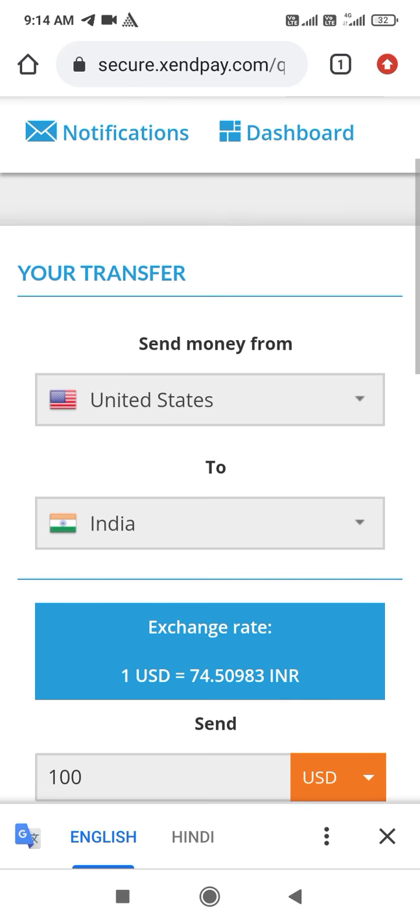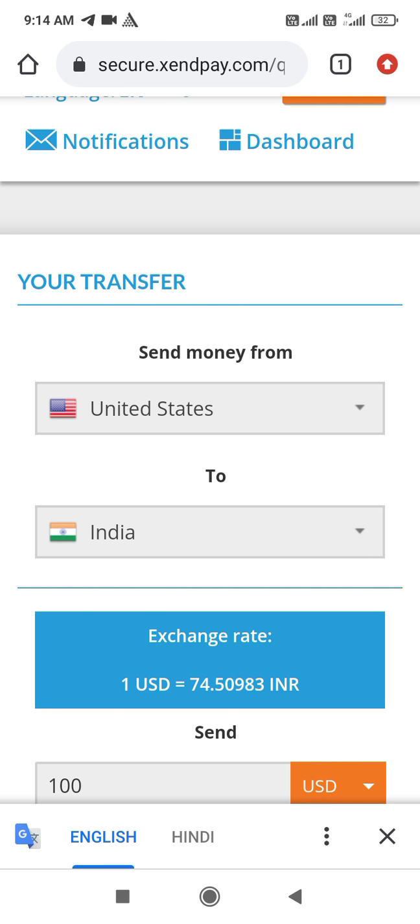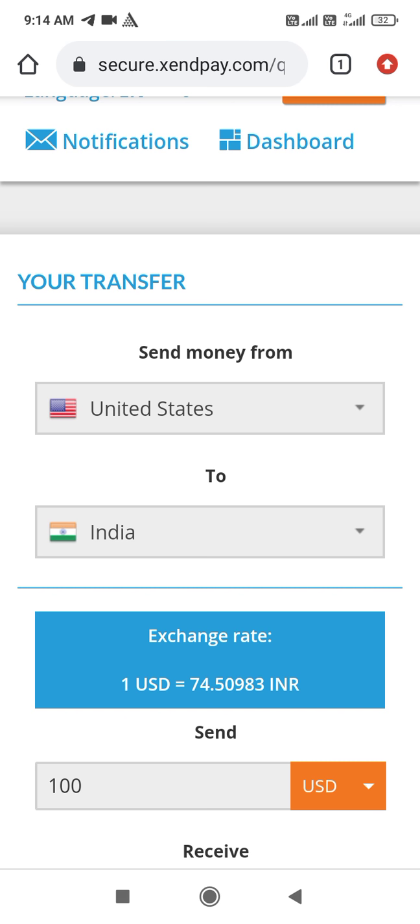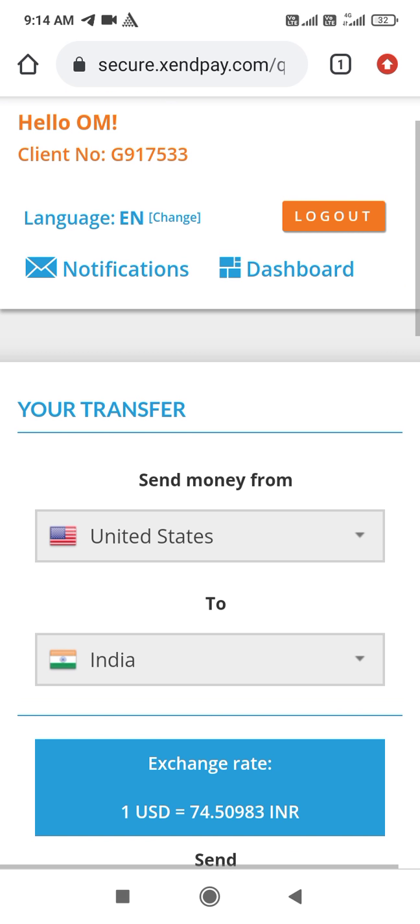What you have to do here is link your bank account or credit card to this wallet, so the money will transfer directly to your account from the foreign country to our country. This is a method where you can find an easy way to transfer the amount, and you can send money to your family, neighbors, and friends who are staying in foreign countries. Hope you have understood everything very easily.